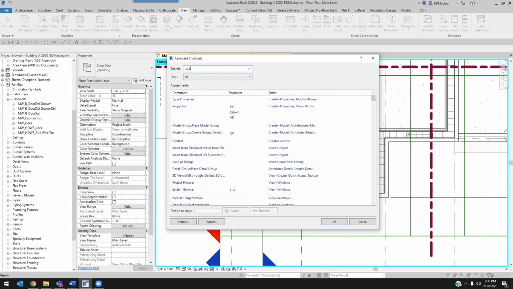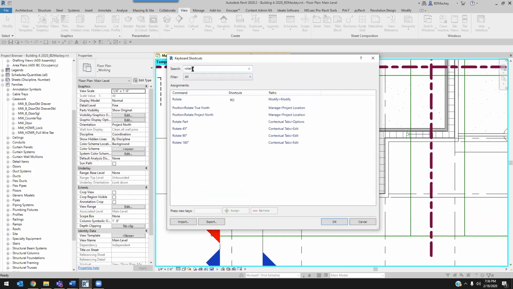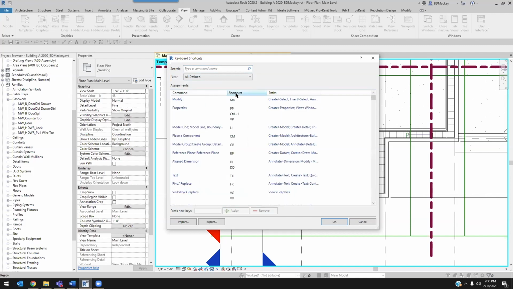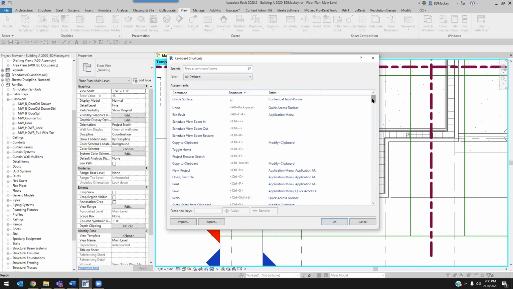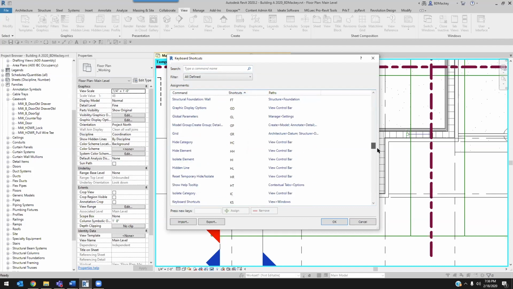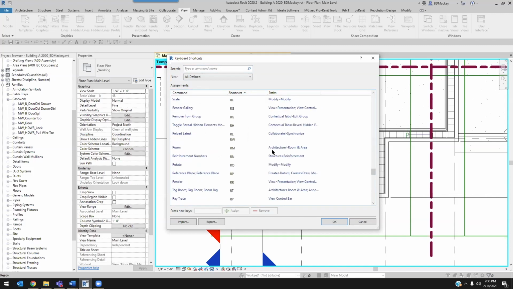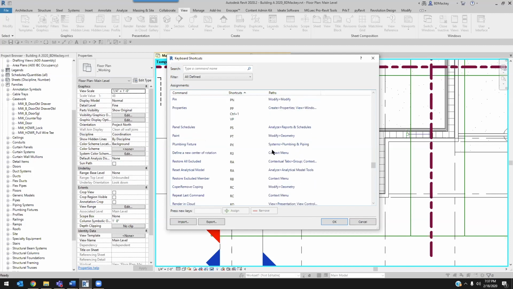Because if I go to the rotate command, and I know most people, and actually it's not even the rotate command. I'm going to delete that a second. There's a command in here that I see people who use 2-key shortcuts all the time. I laugh that they don't use this. I'm going to say all defined. I'm going to sort them alphabetically by their shortcut. There is a command in here that I've discovered. This was, I think, 2014. Under the R's, there's an R3 shortcut in here. The R3 shortcut, if I can find it,